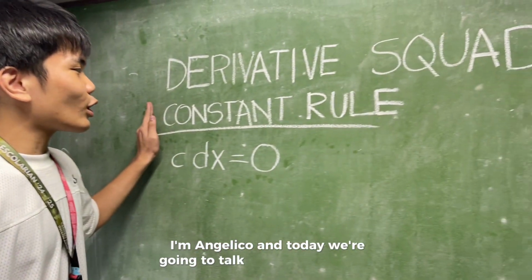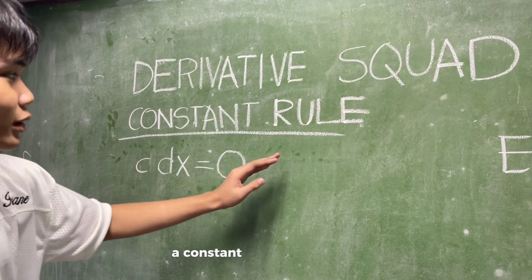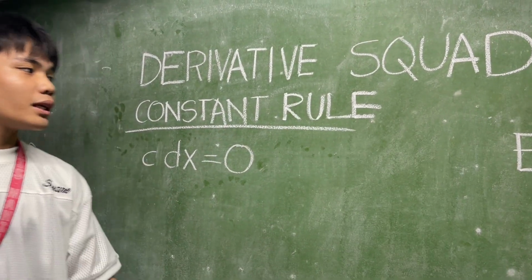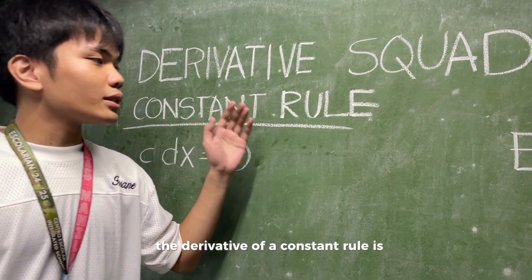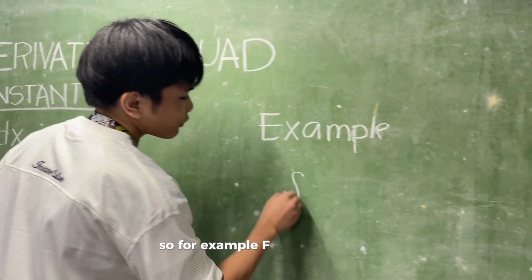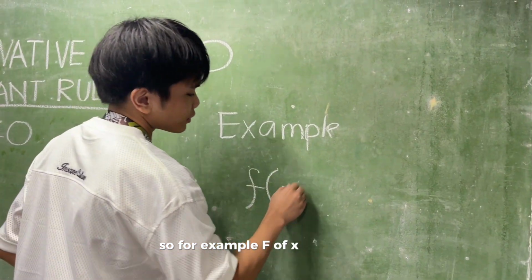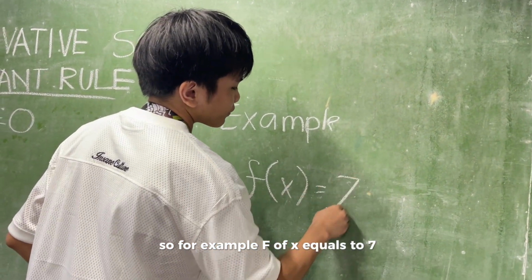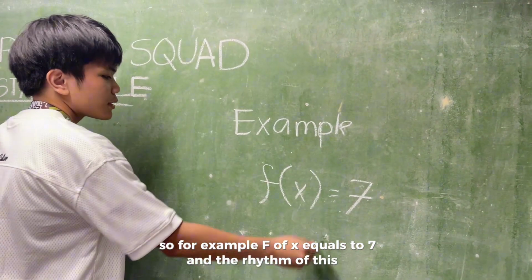Hey guys, I'm Angelico, and today we're going to talk about the constant rule. The constant rule is very simple. The derivative of a constant is always equal to 0. So for example, f of x is equal to 7. The derivative of this is